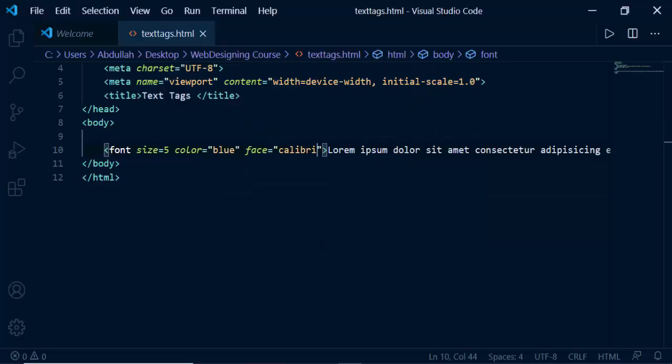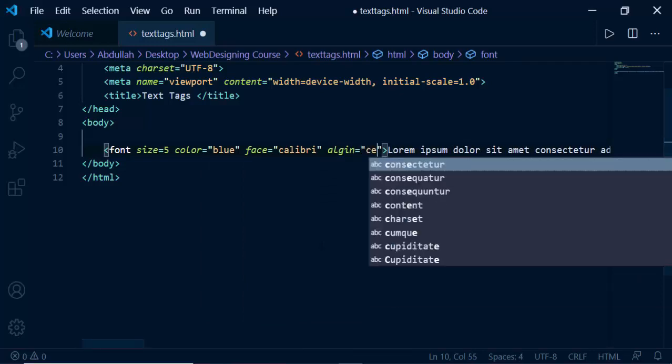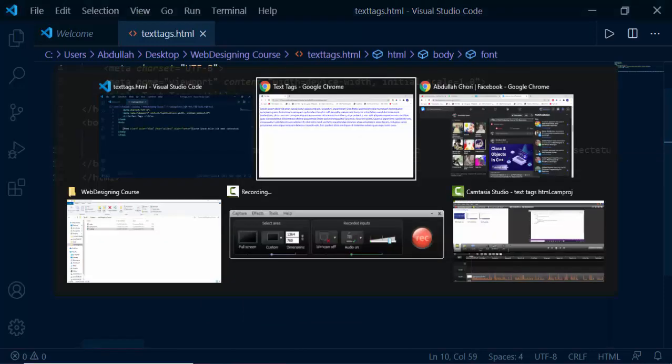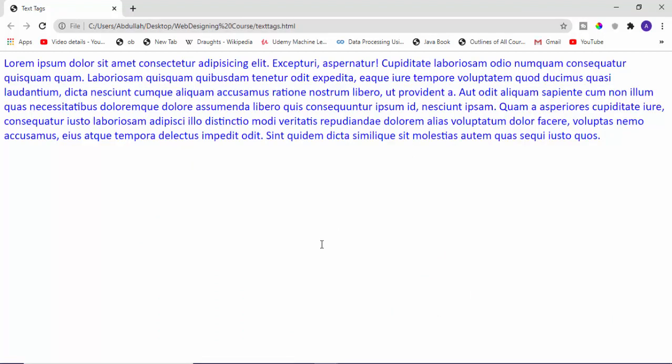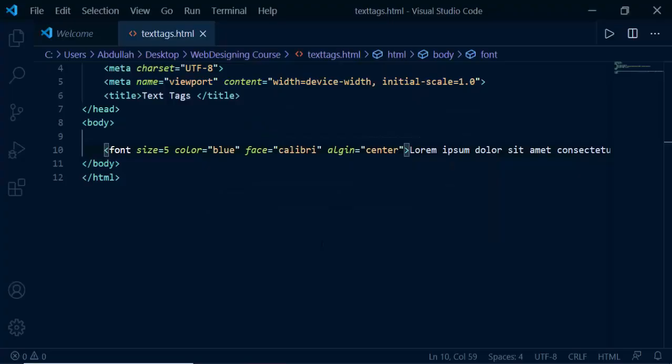Okay. Another thing is that if you want to make this text center, you can't say align equal to center. Why? If I go back and refresh it, you can see nothing is happening there. So another thing that you can do is put a p tag there.